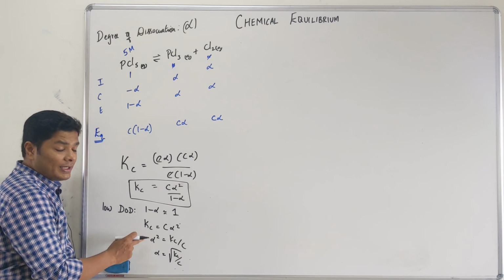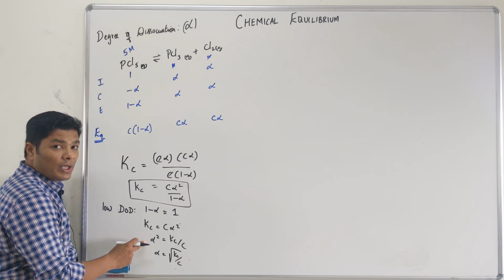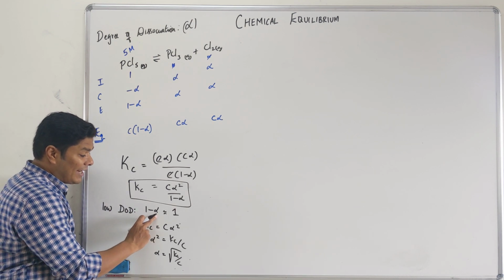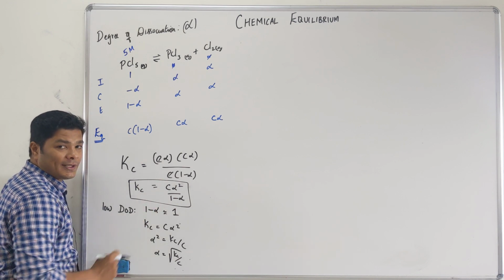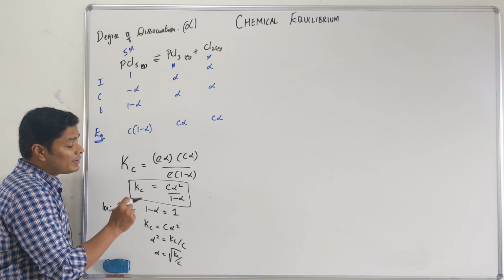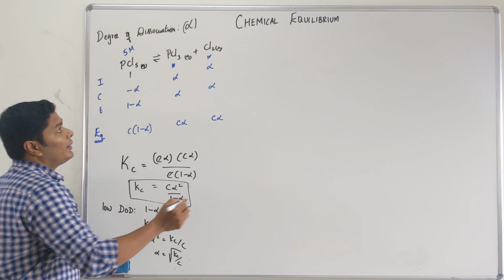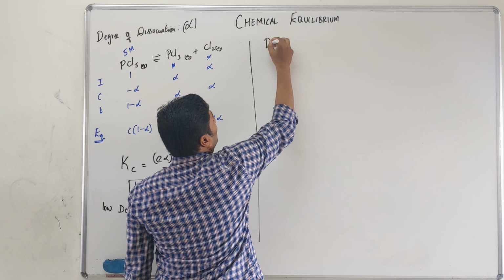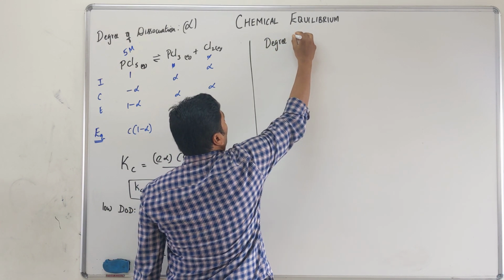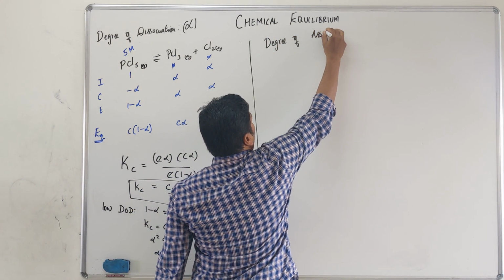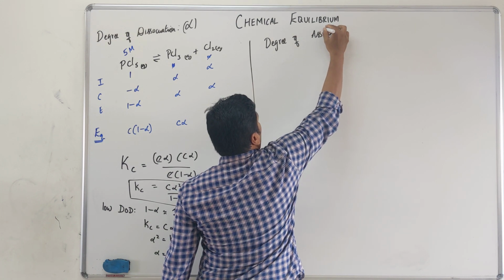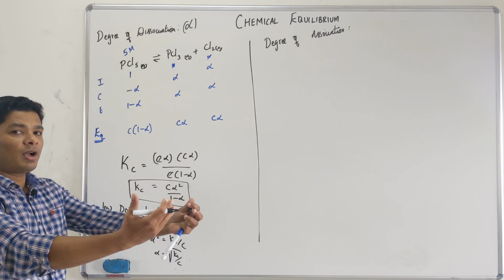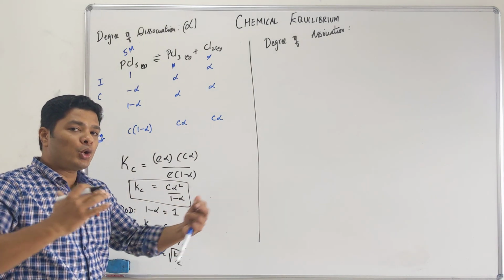Okay, if they tell you that, this is going to be a valuable piece of information when you are doing your weak acids and weak bases. Again, I have to tell you that alpha is small, otherwise you have to do the whole thing. Okay, now this is degree of dissociation. Next we'll go into degree of association. Okay, what it means is, dissociation is something breaking into many parts, association is something joining together.